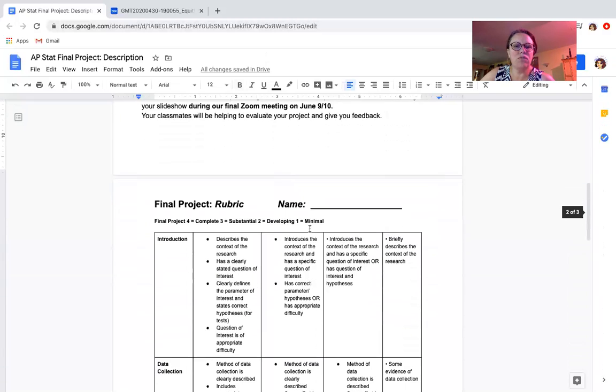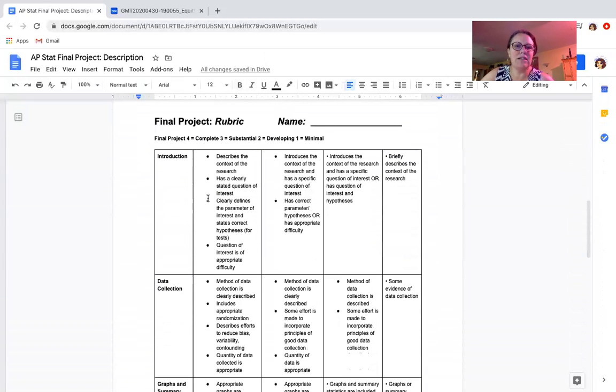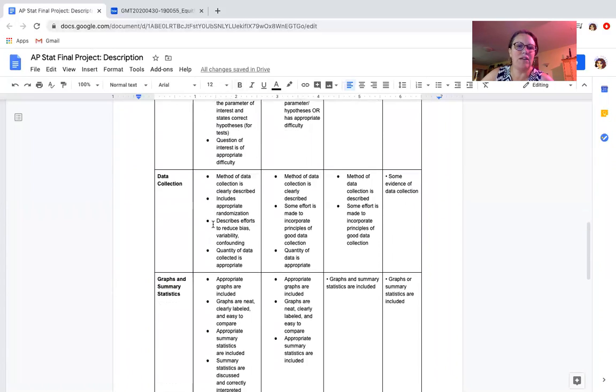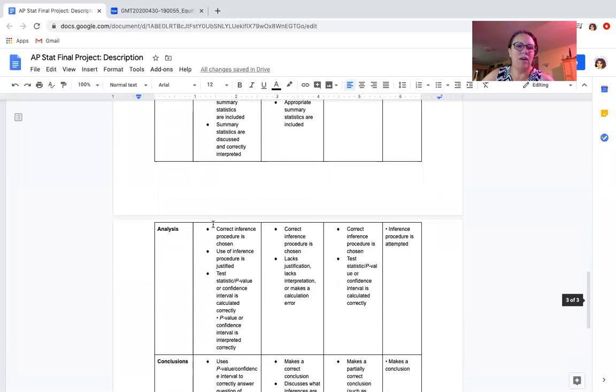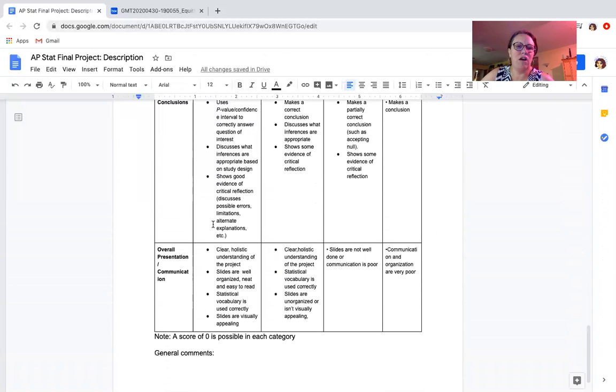You want to make sure also you're reading the rubric. Obviously, you ideally want to be focusing on this column here, which should be a 4 for each of your different areas. That's what you should be aiming towards. The very last part here, the oral presentation, when we do the Zoom meeting, the people who are listening to your presentation are going to give you a score here, and then that will be included and you'll get that feedback. So next week when you do this, I'm going to send a Google form and everybody will be able to fill that out for the presentations that you watched.